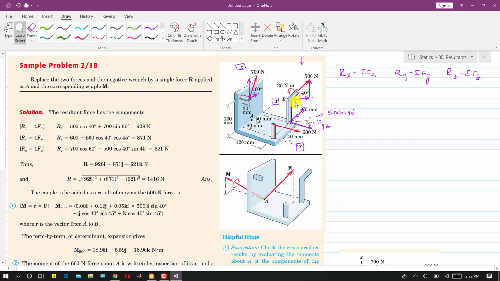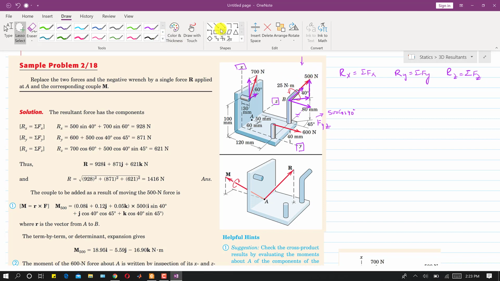And then we will have two components of this. One component of FYZ will be here, and then this component will be here, that is acting in the Z direction. So I can place it here. When I place it here, it looks ambiguous, but this component is along the Z axis, right?